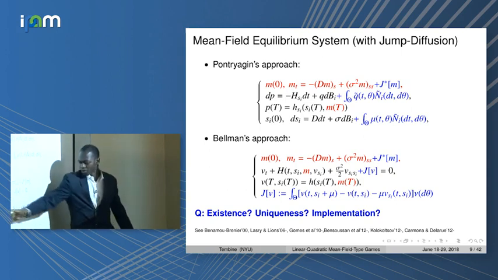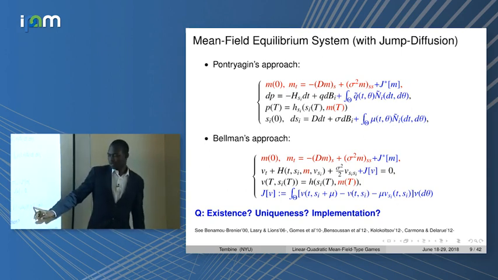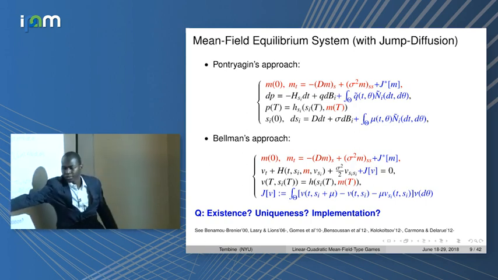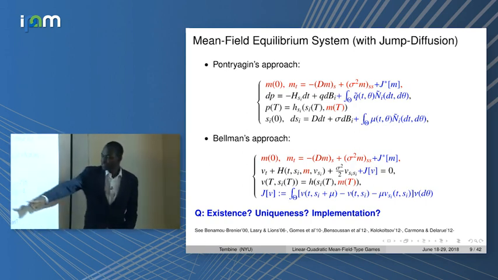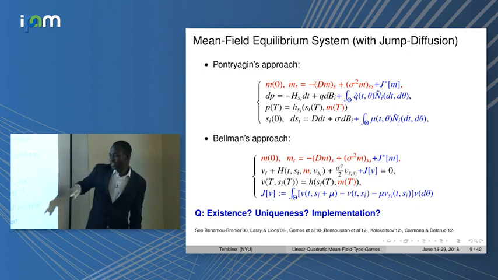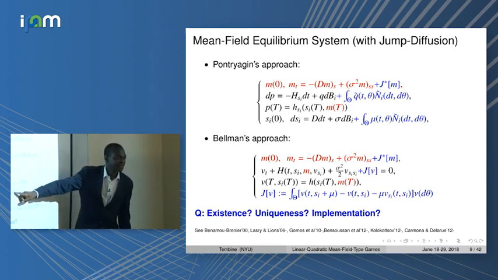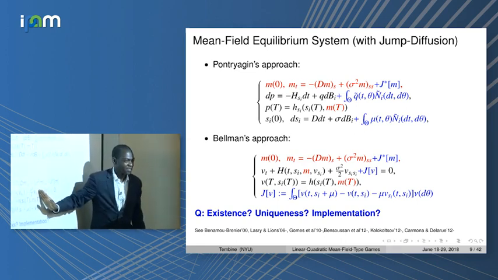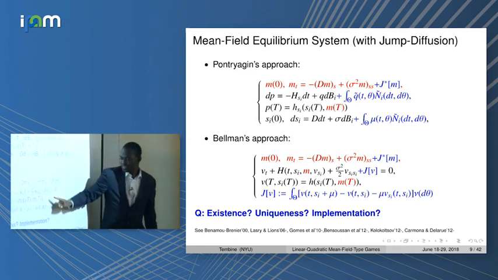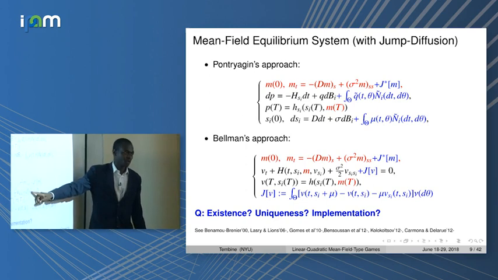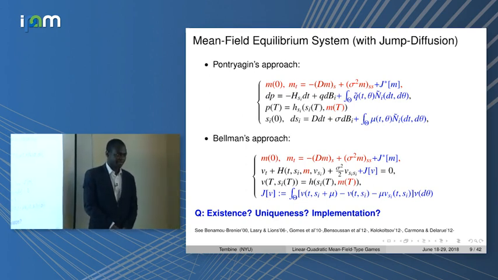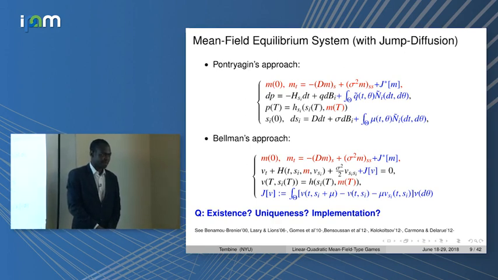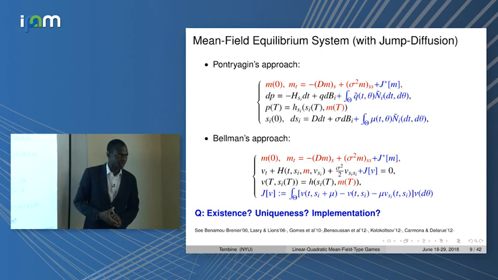In the variation, the second order variation here, you get the jump operator J. Now this J appears in your Bellman. Okay, you take the old Bellman, the Bellman you have been doing last week, and now you add this jump term. It's a linear operator in V. And that's your new Bellman equation. The proof is very easy. We just use Ito to establish the same thing.